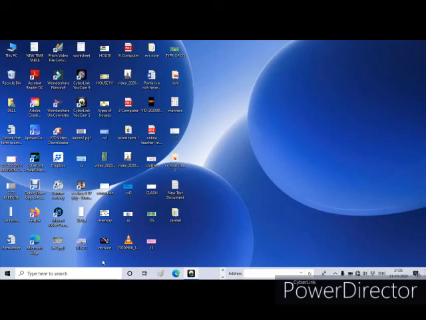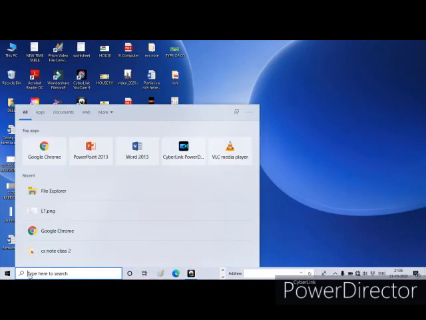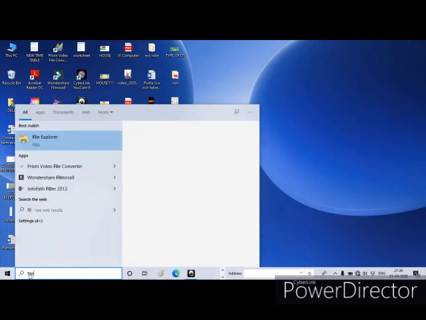So dear children, we are going to see what Windows Explorer is. See, I am using Windows 10. In Windows 10, Windows Explorer is known as File Explorer. For finding File Explorer, near the Start button, I can type File Explorer.